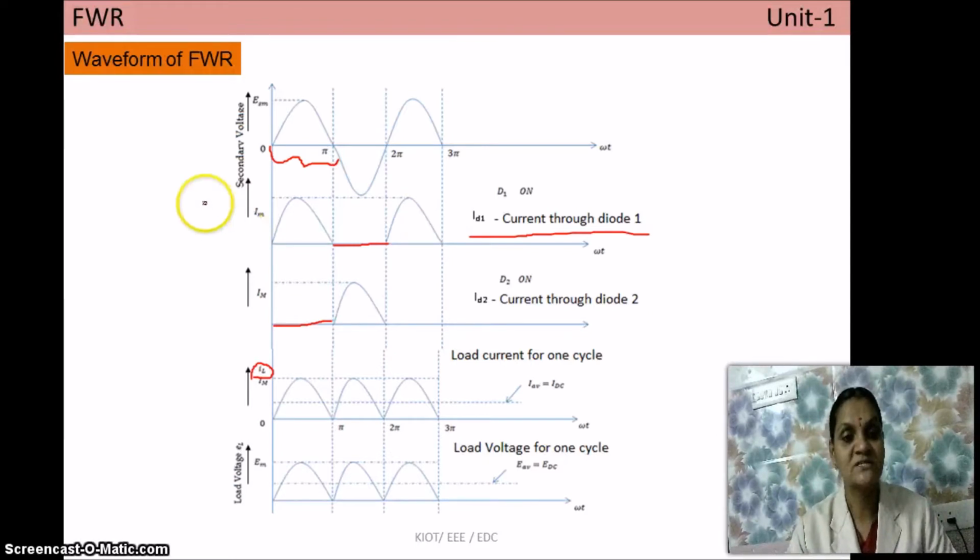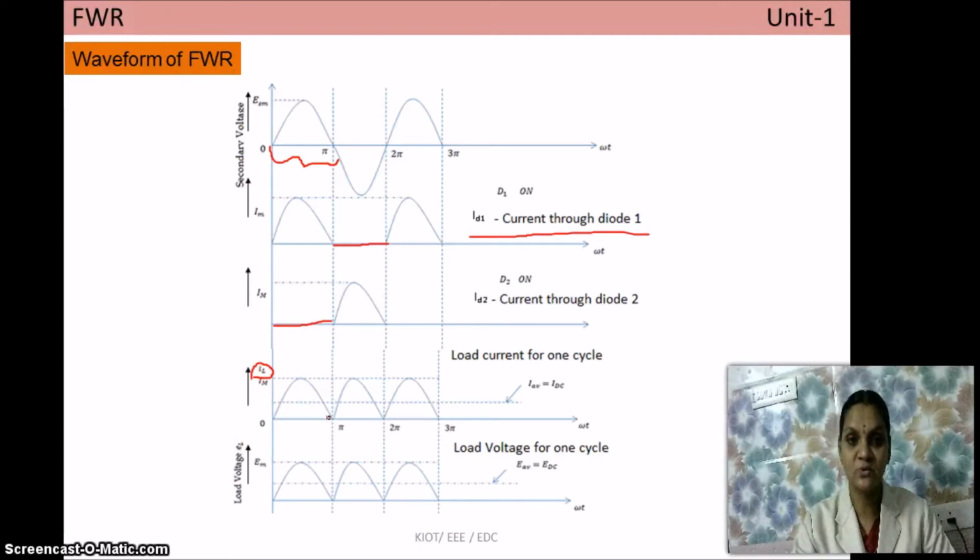When you consider the net resultant current, for the positive half cycle the current is there due to diode D1, and for the negative half cycle the output current is there due to the diode D2, and this continues as long as the input power supply is there. Once the current flows through the load resistance, there is a voltage drop across the resistance. This is the resultant drop. As we already know, this is a pulsating DC. This cannot be useful from an application point of view.